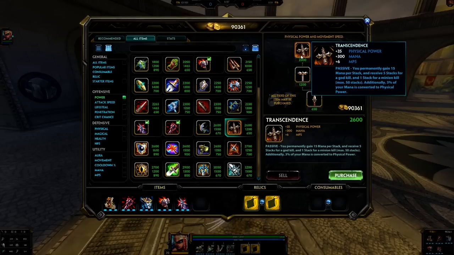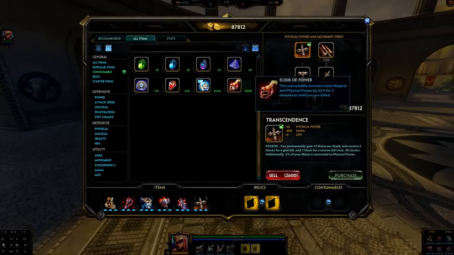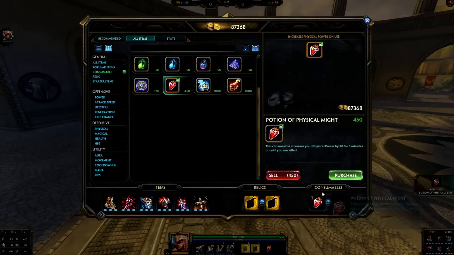Transcendence is really nice for BASTET. Again, it just provides tons of power. You already have your penetration items online, so you don't need more penetration. You're just looking for more power, even without stacks. As always, 150 physical power right now. We buy this, we're at 237. That's a lot. You just need to buy a pot, and then you're just good to go with tons of